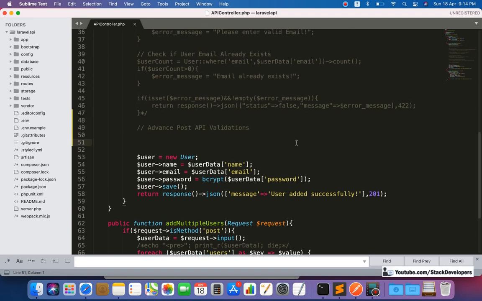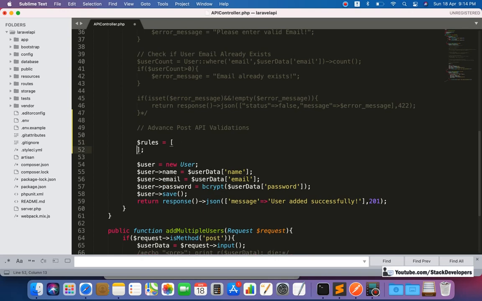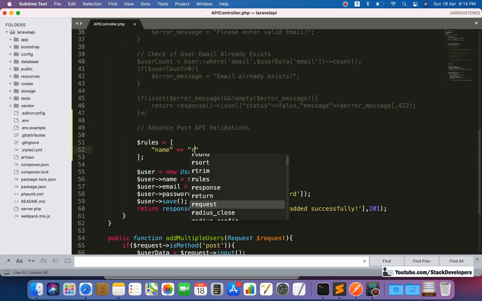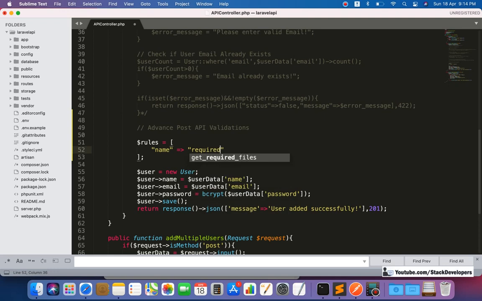So let's add the rules first of all. In rules, an array will come up, and our fields, our columns, will come up here, and we will write a rule for every column. The first one is name, so we are going to add required for name, because we want the validation that name is required.